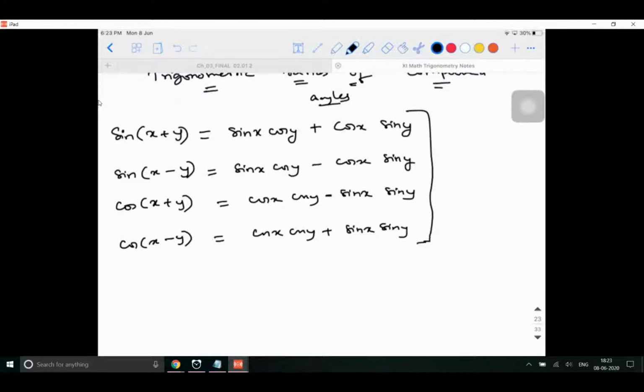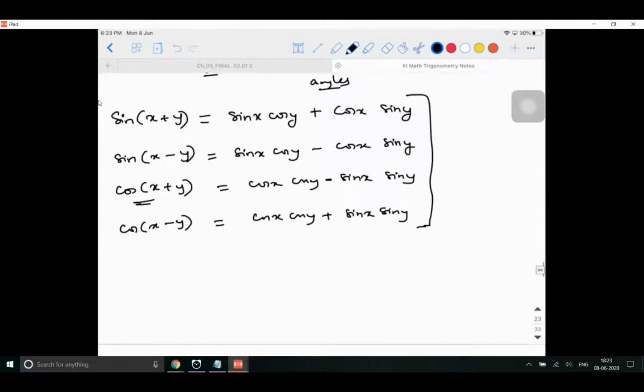I would have shown you the formula for cos of x plus y in the physics class. That is cos x cos y minus sin x sin y, with a and b instead of x and y. I have shown you the proof. In a similar way, you can derive it using vectors also, but that's not needed for your mathematical part. You just need to know the formula and know how to apply it. So where these can be used, I already told you.